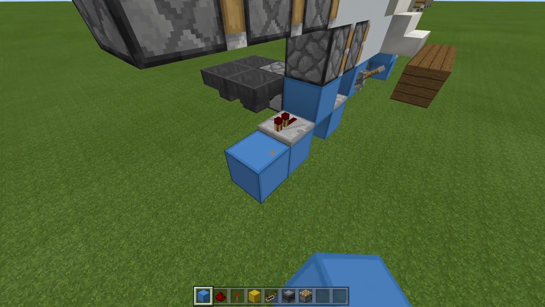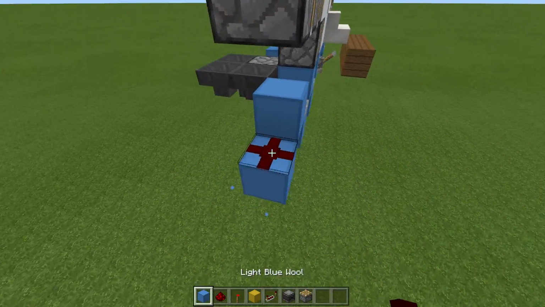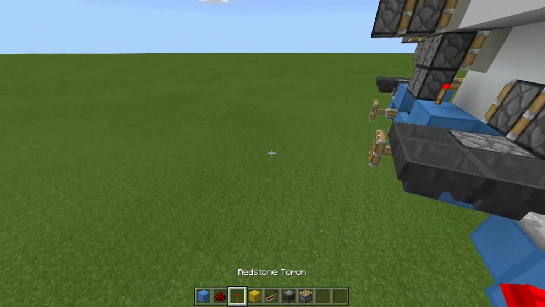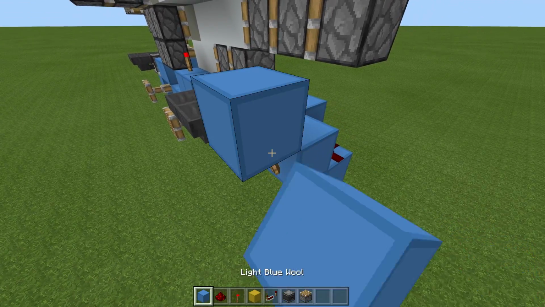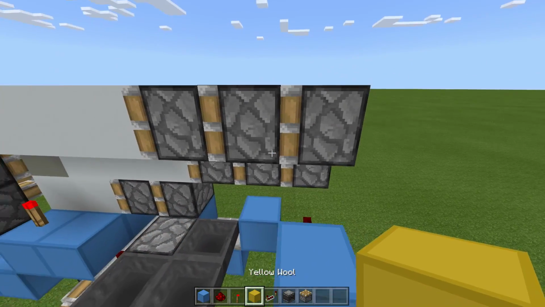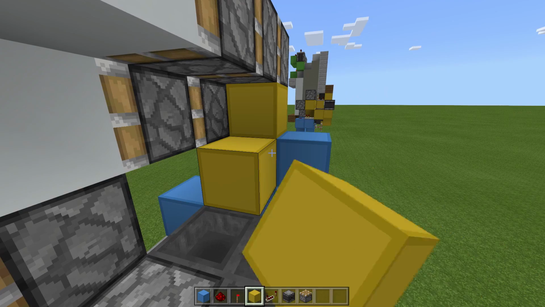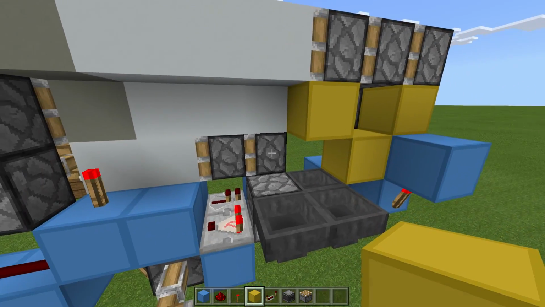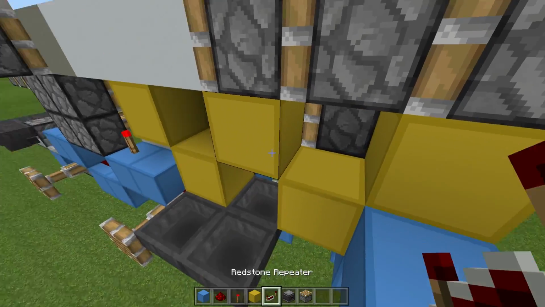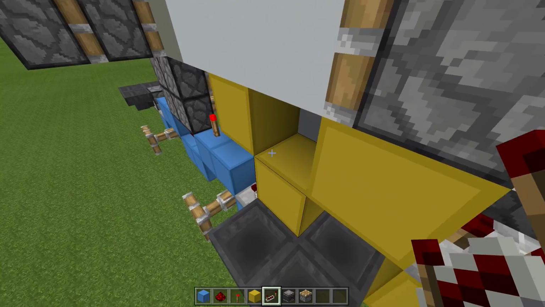Place a block here, one up, one to the side, remove that block, and dust here. Then a block here and one up, remove that block, torch coming at the back, block here, and torch here. It should turn off. Then we want to change our colour blocks. Place one here, then a block here, one here, and one here. Then we want to grab a repeater, place it here on 2 ticks, then one here on 2 ticks,